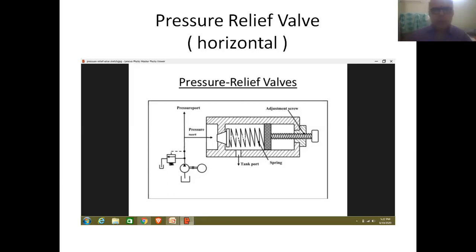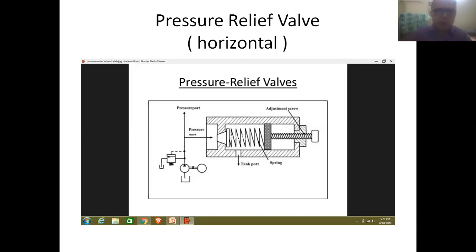And secondly, spring pressure is used for operating the element in reverse direction. Therefore, it is referred to as a spring-loaded element.